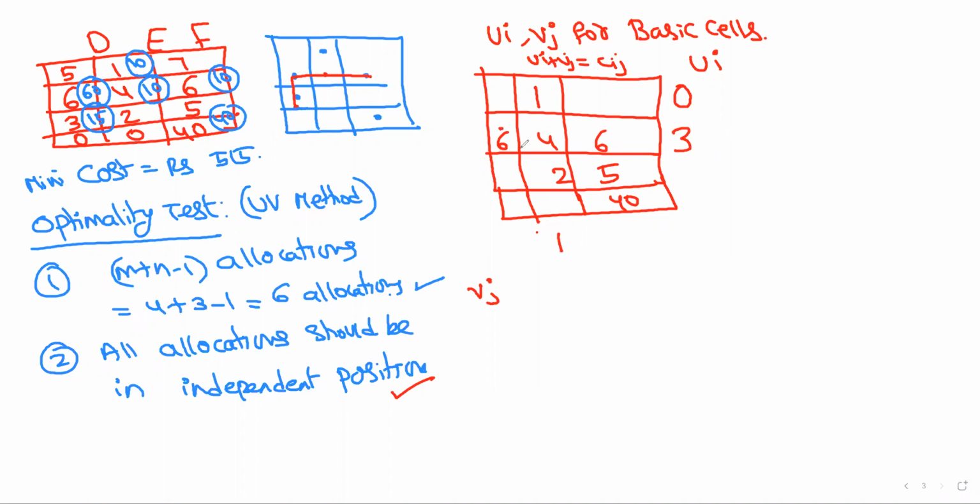Now we'll go for 6. Again, I'm going back. For 6, row we have 3, so obviously column becomes 3. 3 plus 3, 6. And again here 6 is there. Here one more 6 is there. Row is 3, so our column is 3. 3 plus 3, 6, over. Now for 2 here: for 2, column we have, row is not there. So I can write 1, because 1 plus 1, 2, over.